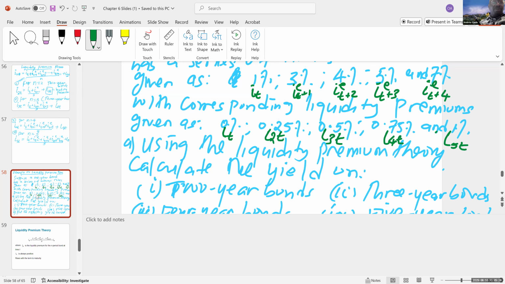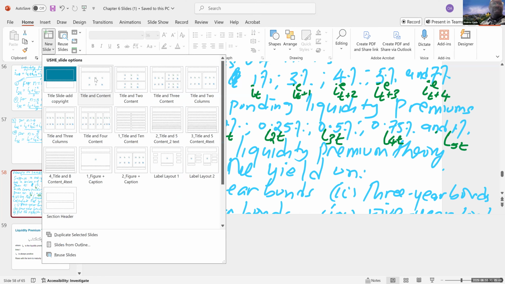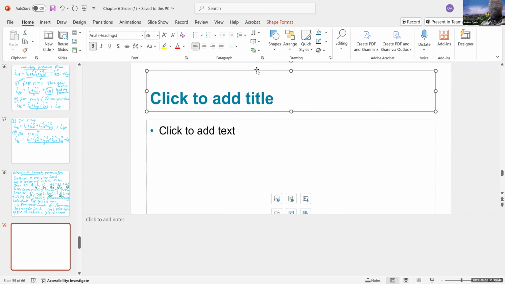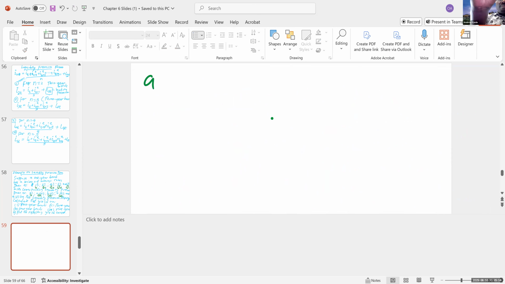So to calculate, since we know that already, then everything is easy. We know the formula for the liquidity premium theory. So to calculate the interest rate on a 2-year bond, which is Roman 1, using the liquidity premium theory,